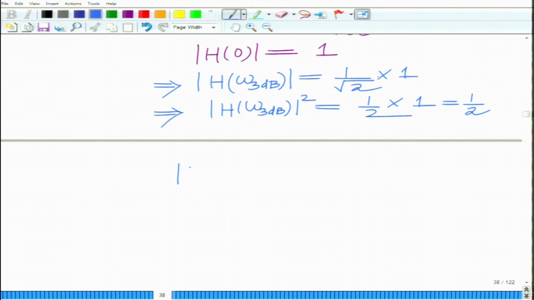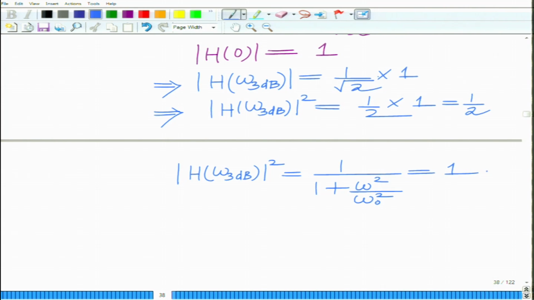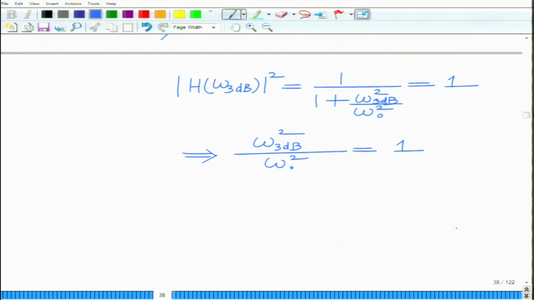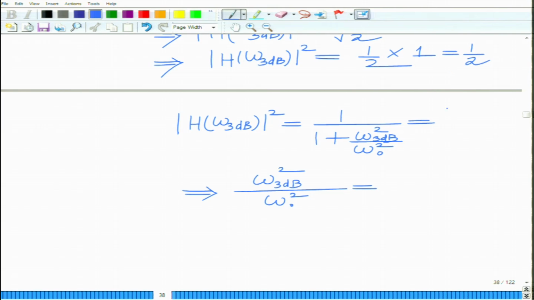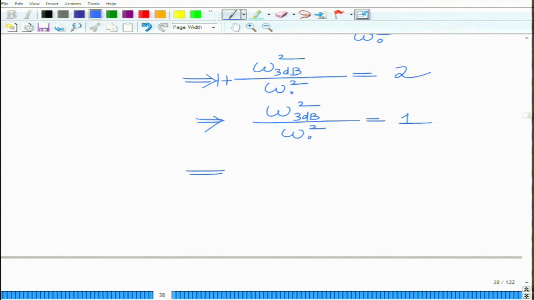And now, you can see magnitude H of omega 3 dB squared equals 1 over 1 plus omega 3 dB squared by omega naught squared, which is equal to half, which implies 1 plus omega 3 dB squared by omega naught squared equals 2, which implies omega 3 dB squared by omega naught squared equals 1, which implies very simply that omega 3 dB equals omega naught,